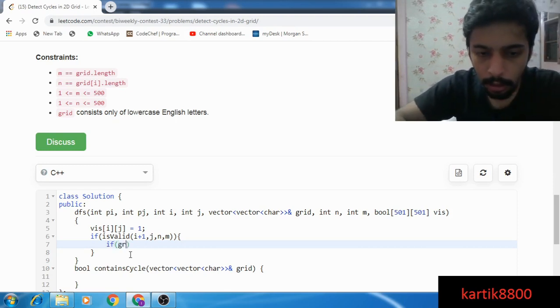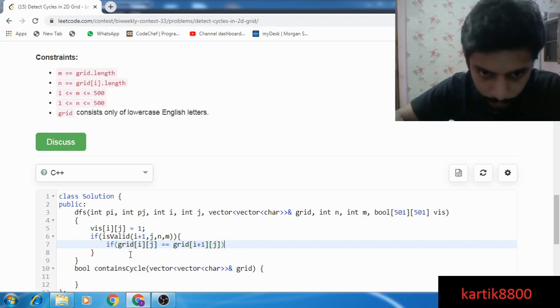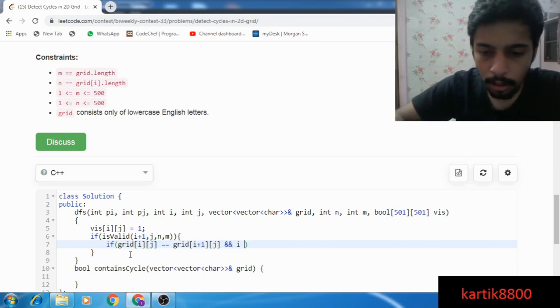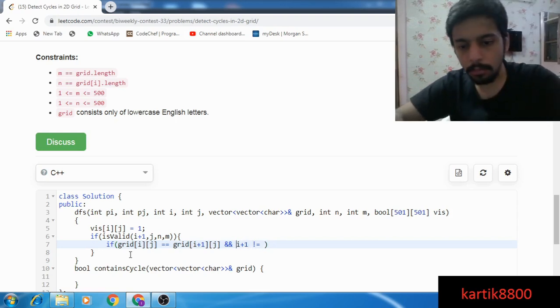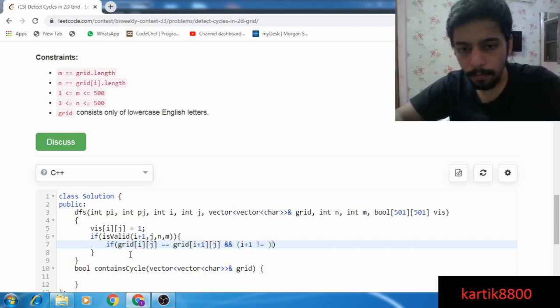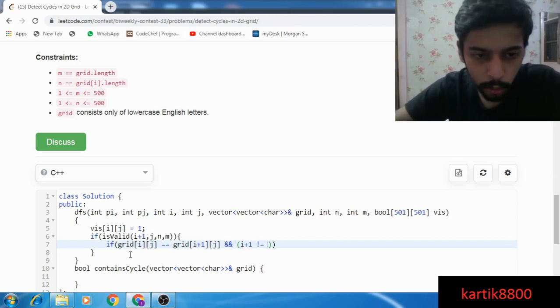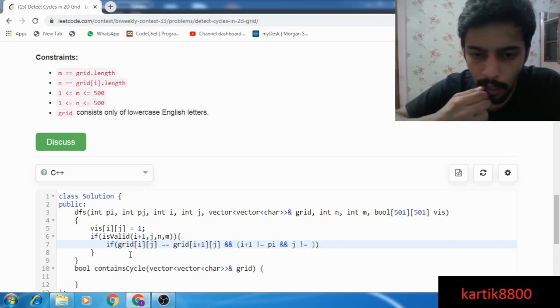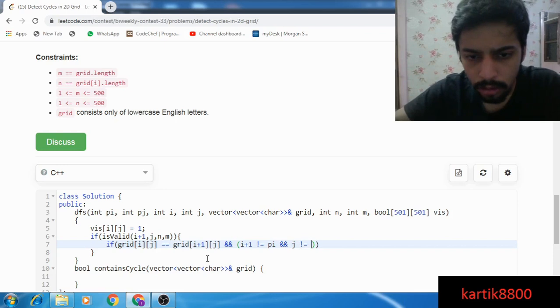If grid, if these are the same and i plus 1 not equal to... basically this particular cell i plus 1 comma j should not be the parent, right? i plus 1 not equal to pi and j not equal to pj. If any one of these is false, then I'm good to go.